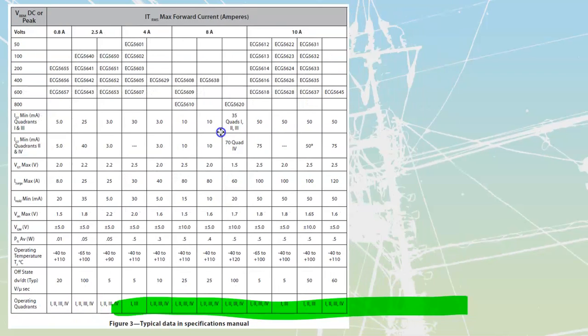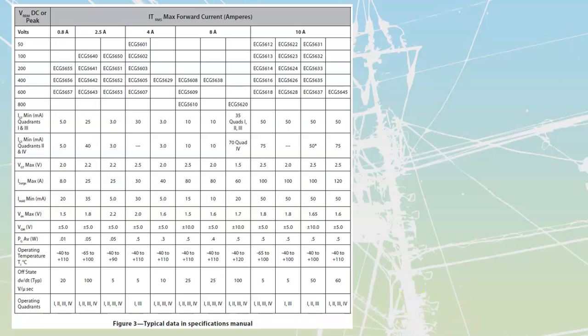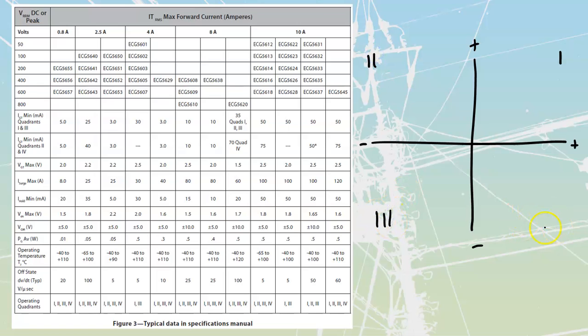But I'm going to start by moving this one out of the way for a second so that I can draw a set of quadrants. Everybody knows about the 4 quadrants, where we have positive, positive, negative, negative. We call these quadrant 1, quadrant 2, quadrant 3, and quadrant 4. What these are, operation, just tells us what we're able to use this Triac for. I'm going to go over these real quick and we'll cover them more in depth in VFDs, but this is what we call the forward motoring